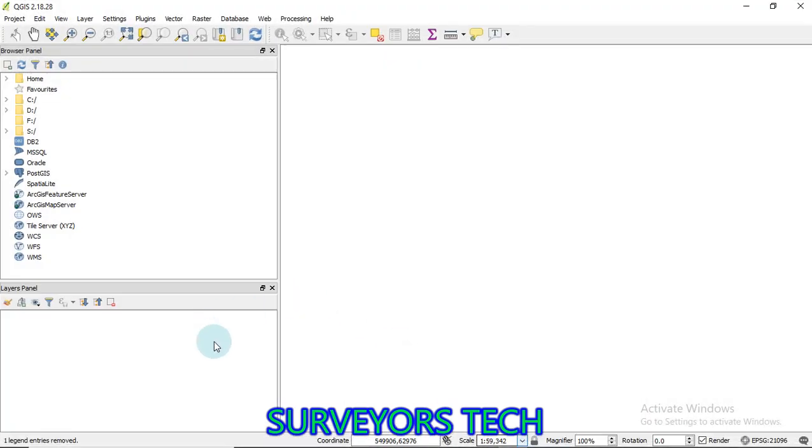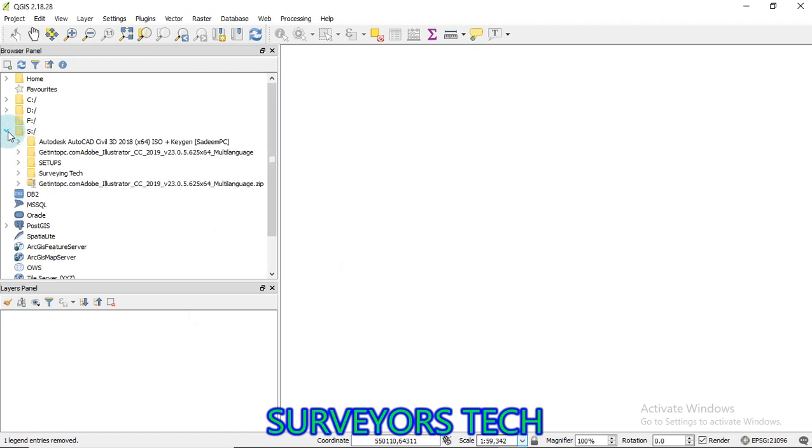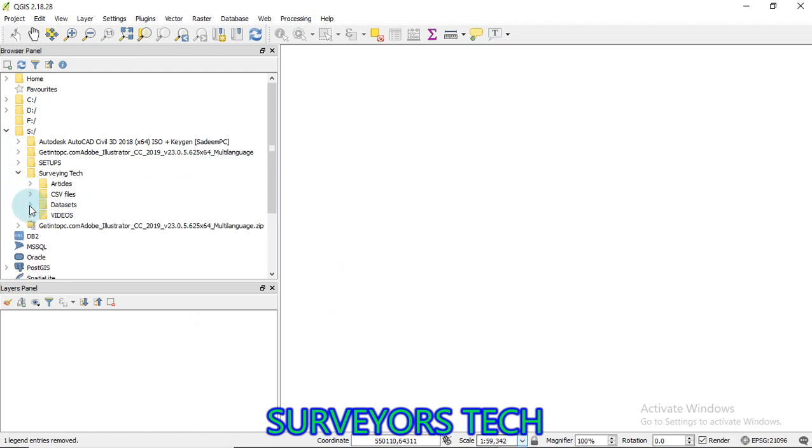Hoping that you have opened the software, here we come. There are various ways in which you can add data. One, we have an option of browsing, to where you have your data. Before bringing our data sets into the software, you should know what vector data is.